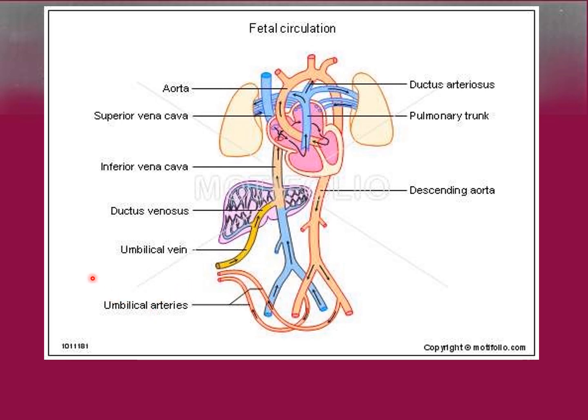So first let us see what is happening to this umbilical vein. See, the umbilical vein, it's coming from the placenta. It carries oxygenated blood, and here when it is reaching here, this is the inferior vena cava. There is a connection between this umbilical vein and the inferior vena cava, and this connection is the ductus venosus. So this oxygenated blood, now it has entered into the inferior vena cava,